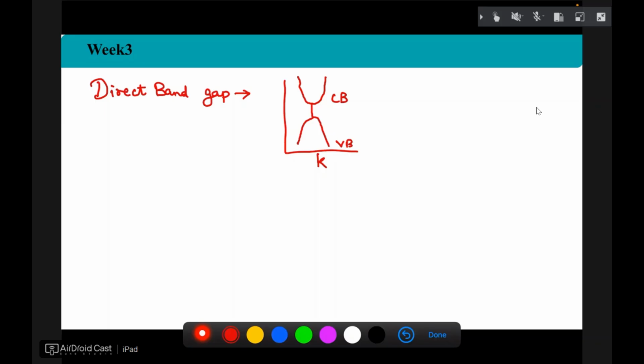to do the transition from valence band to conduction band, and then the photon will be emitted when the electron from the conduction band de-excites to the valence band. So direct band gap semiconductors play an important role in photonics. For example, gallium arsenide, gallium phosphide,